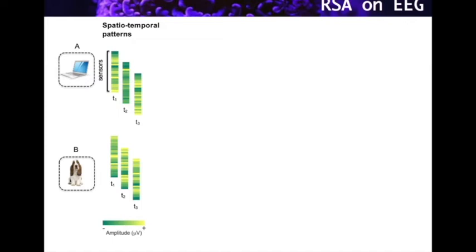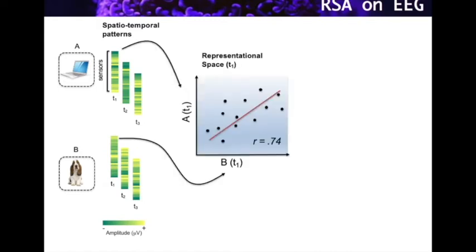Once we have the vectors that define the spatial features for different time points, then we should start implementing the approach. I am simplifying this by just putting 3 time points representing the EEG neural responses to a given stimulus for different categories. In that case, category A would be for computers and category B would be for dogs from the same participant. Once we have this set in this manner, then it's quite easy, because the only thing we have to do is to correlate point by point the spatial parameters, or the spatial EEG activity that we collect from each of the different examples.